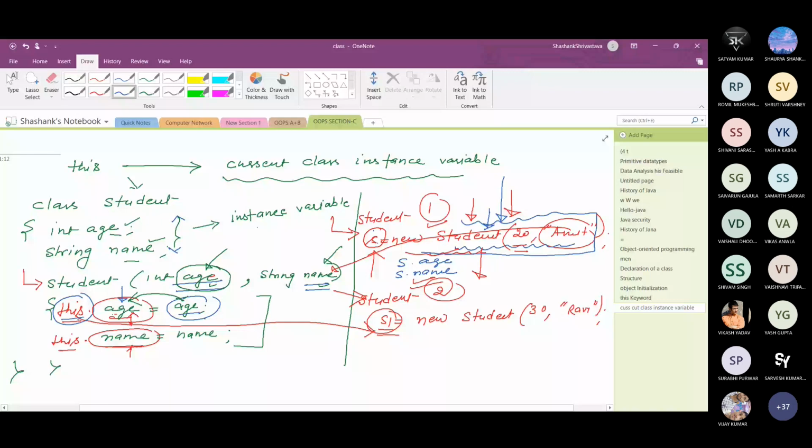Here you can see that I have created two objects, the first and the second. When I create the first object, Student s equal to new Student, an object is created in the heap memory area that is referred to by s, and with the help of s I can access s dot age and s dot name.